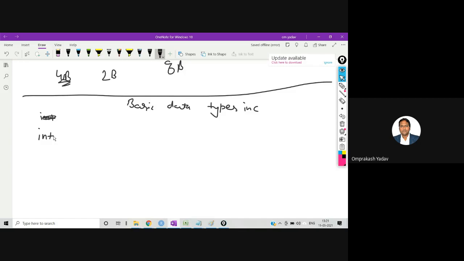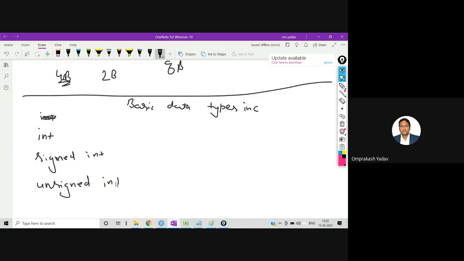Now in the programming language, if we simply write int, or if we write signed int, both are the same. Even if you are not writing signed before the integer, it is still considered a signed integer. If you are writing the signed keyword before integer, it's okay. If you're not writing the signed keyword before integer, then also it is considered what? Signed int. Then you can have unsigned int.